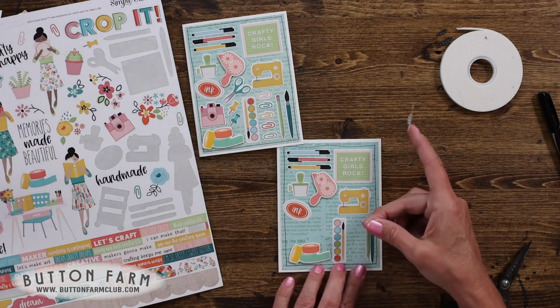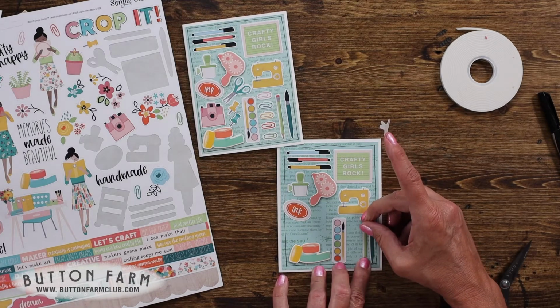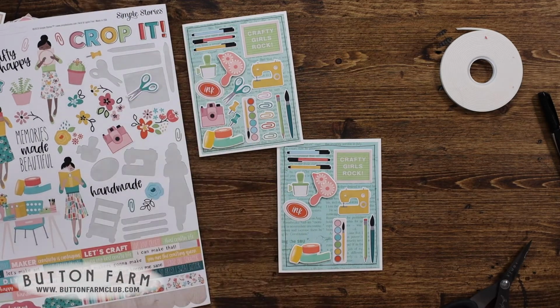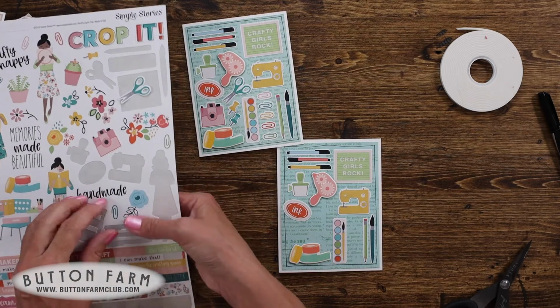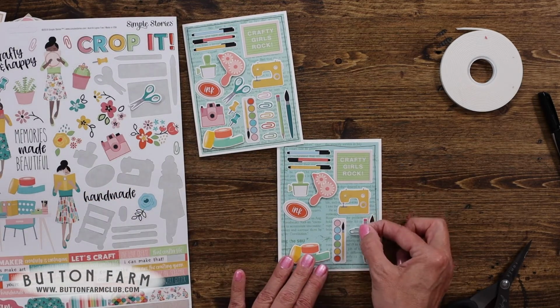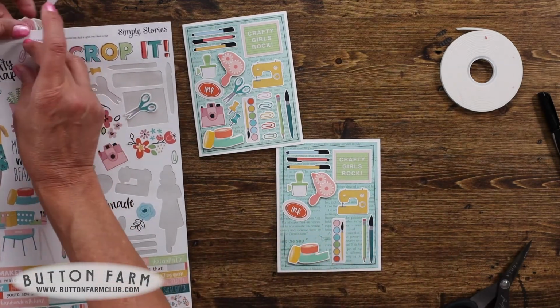We're going to add the pencil. So it's kind of like a collage. All the parts and pieces going together. I'm going to put that there for now. Let's take a look and see if we can fit some of the paper clips. Can we make it? Ooh, we can. All right, so let's do